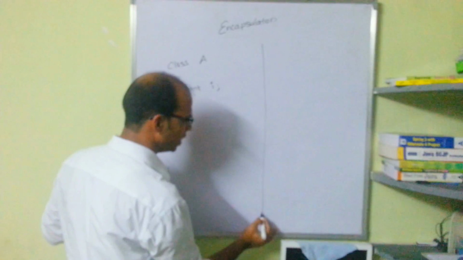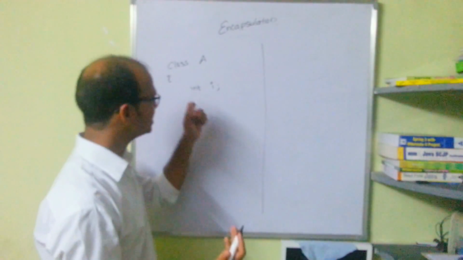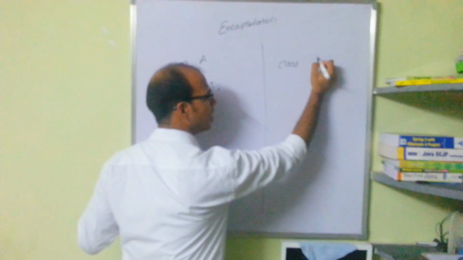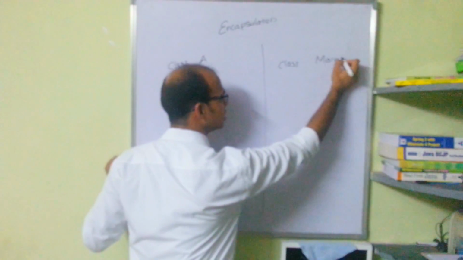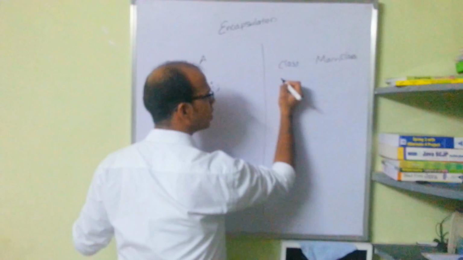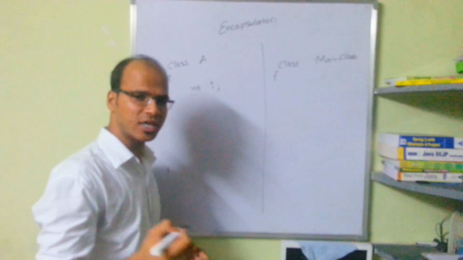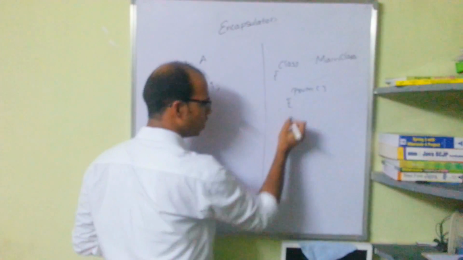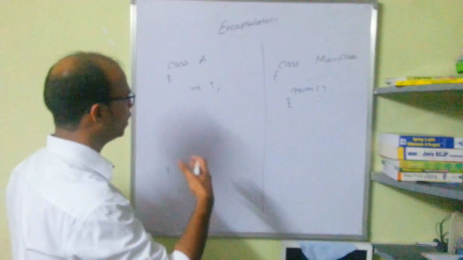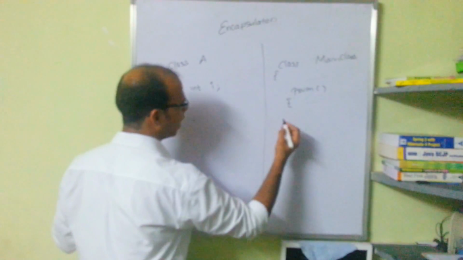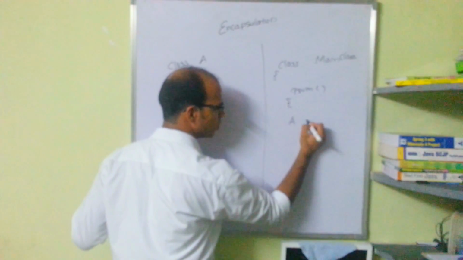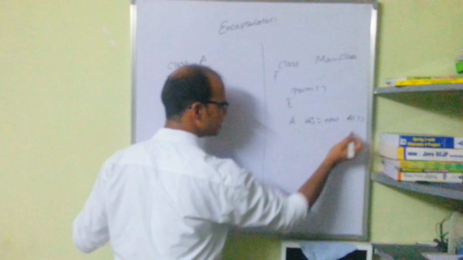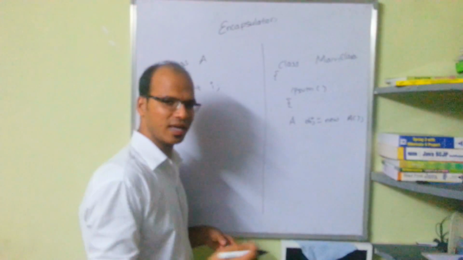Now let's suppose in order to use this I, we'll create a class, and as usual my class name will be main class. In this main class I will have a main method, so we'll say psvm. Now we can say I have an object of A, so obj equal to new A. Simple, right? So we have an object of A now.